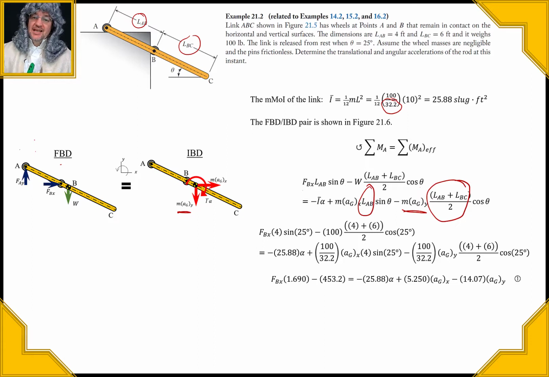We can't do the same thing that we did in the previous class, because this thing is translating and rotating. In this case right here, because it's translating, this times L over 2 does not equal the tangential, if you will, right? That's not true, because we have those other components in kinematics that we need